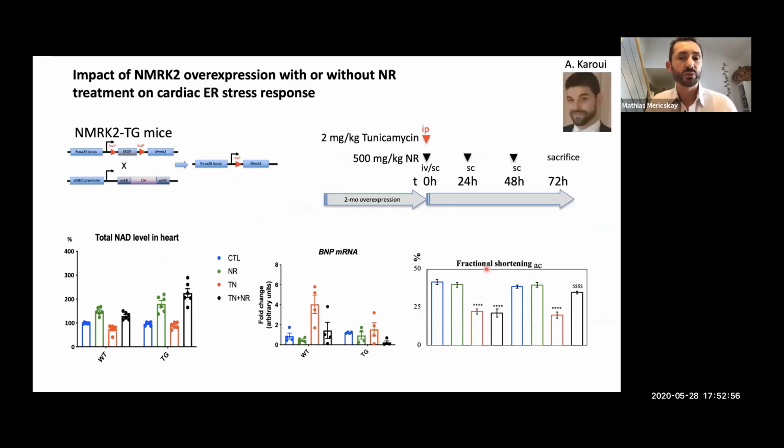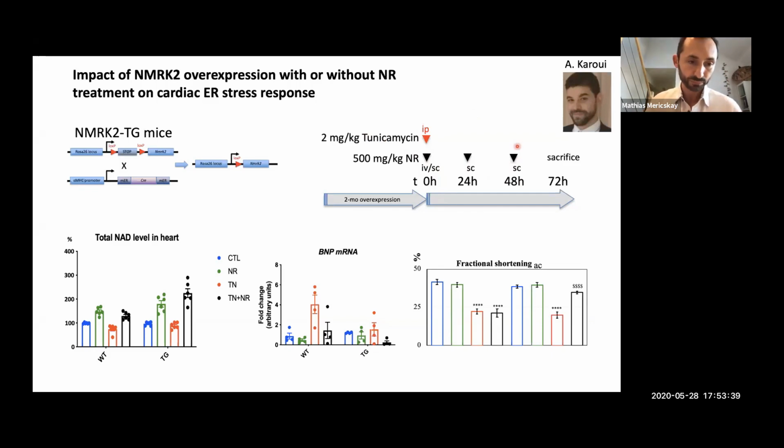And so since this research was published by Christophe in the group, we decided to quickly look at the NMRK2 TG mice response to a model of ER stress, which is, I recognize immediately, not a pathophysiological model, but we inject tunicamycin. So it's just really to solely focus on ER stress and see quickly if a gene or protein is important for ER stress response. So we inject this tunicamycin by IP, and at the same time we injected nicotinamide riboside by IV and subcutaneous injections, 3 times: at the time of injection of tunicamycin, 24 hours and 48 hours, and then we sacrificed